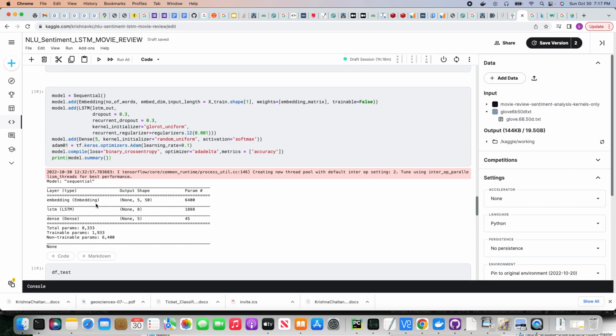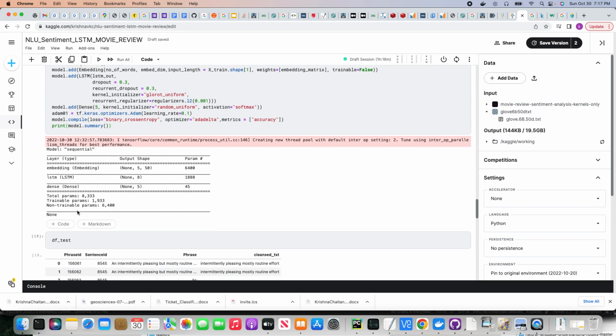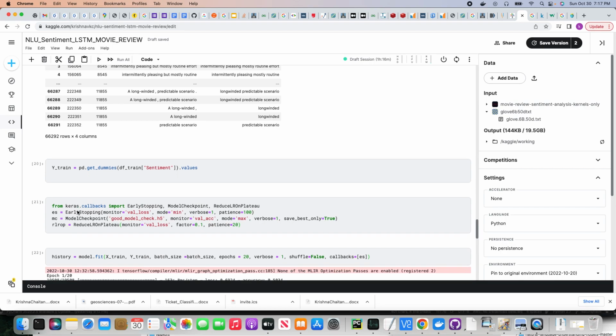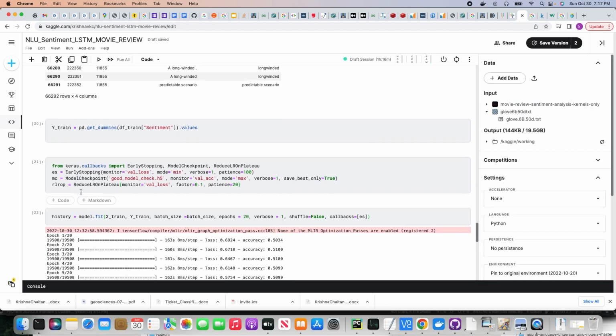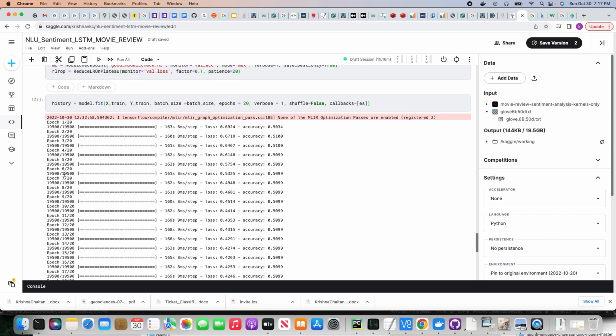summary. We have an embedding and the LSTM layer and a dense layer, and then we are going to put dummies in the sentiment values, and then we mention the early stopping checkpoints and the checkpoints, and we fit the model on the training data. So we have a batch size of 8 and epochs. We are running 20 epochs. You could run more epochs,